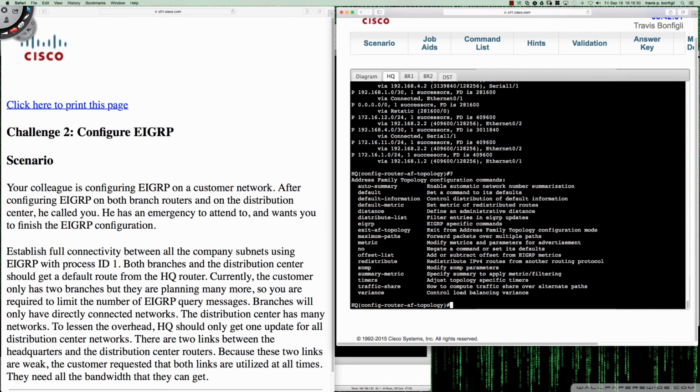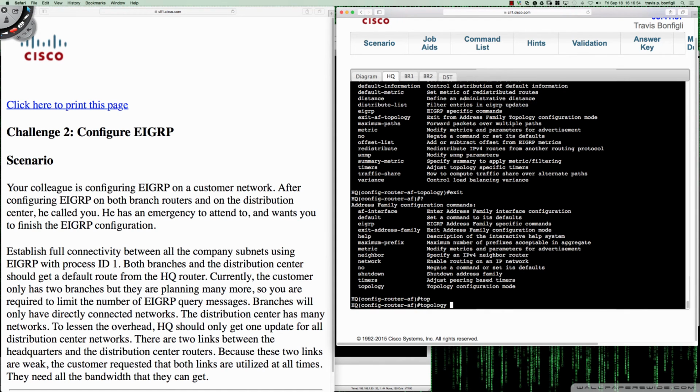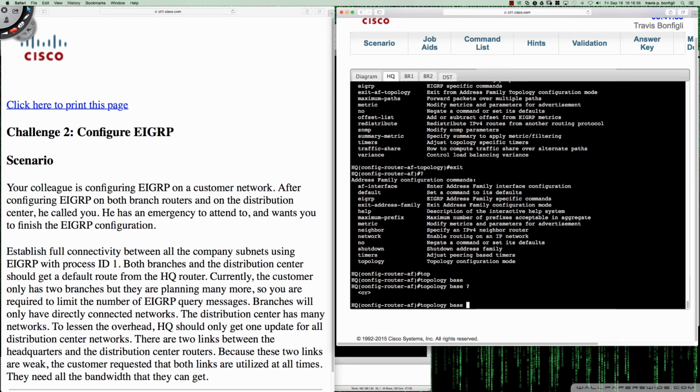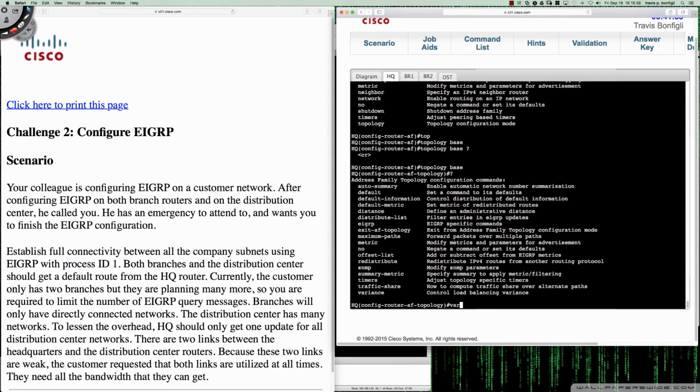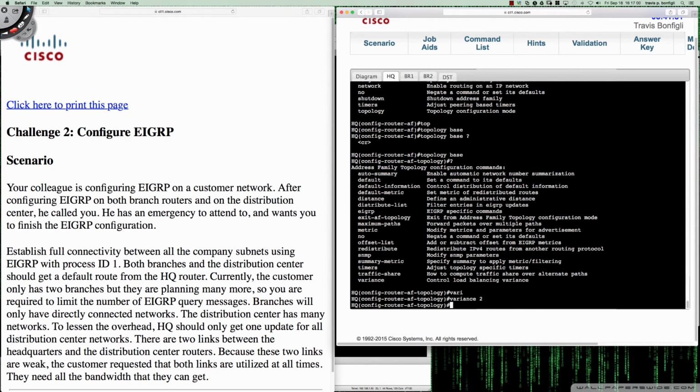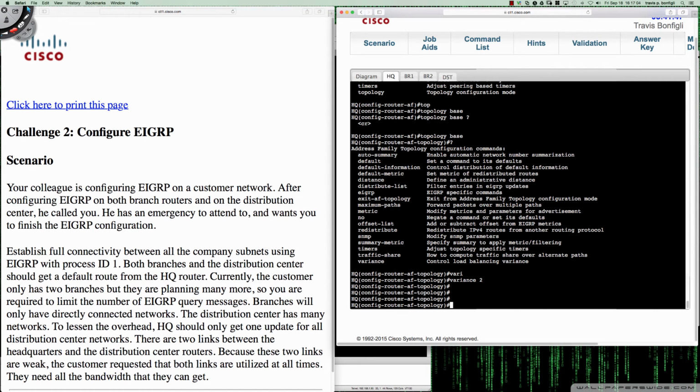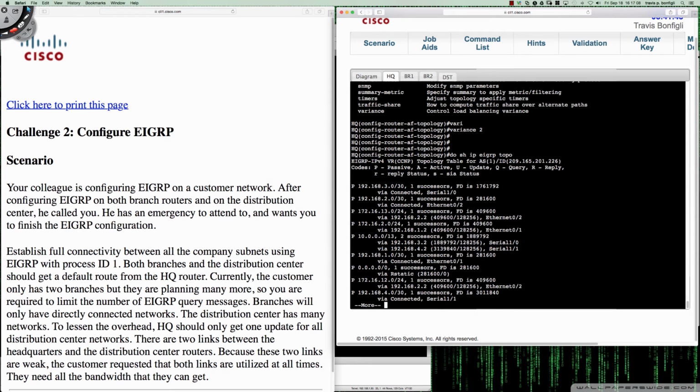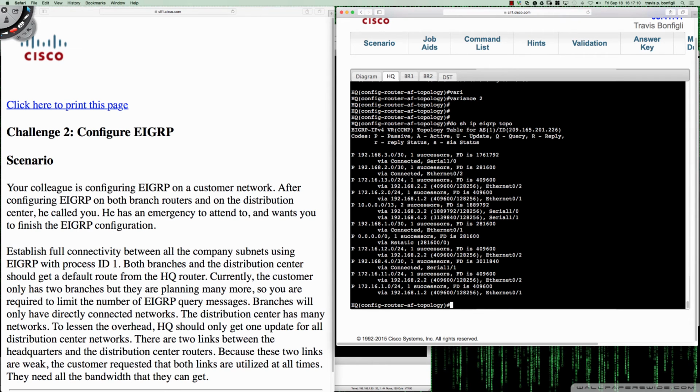Now, where do we do that? You can see that I'm under, and let me make sure, we're in the topology base here, because this is going to affect everything. So I'm going to throw in here variance 2. As soon as I put variance 2 in, what we should see when I do show ip eigrp topology is that we have 2 successors now,